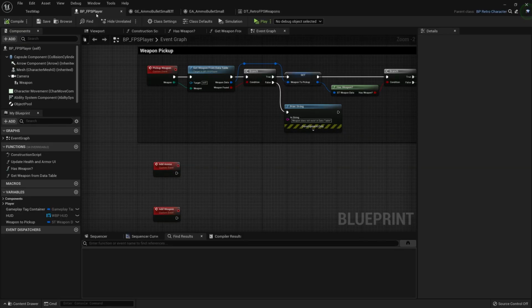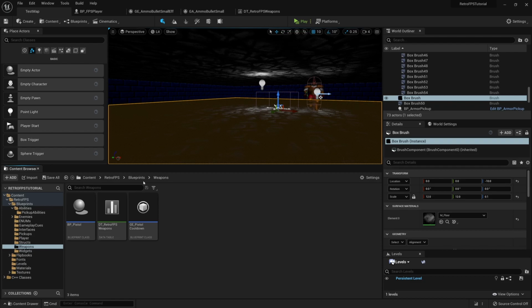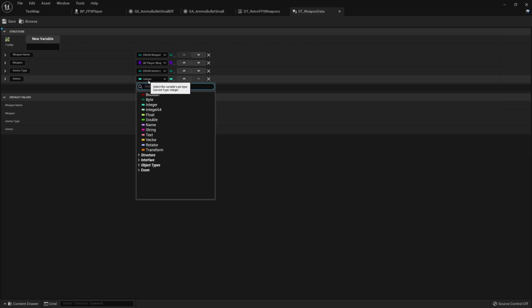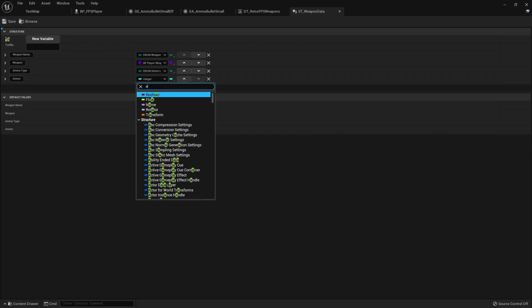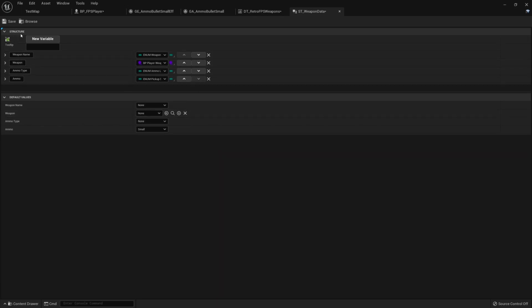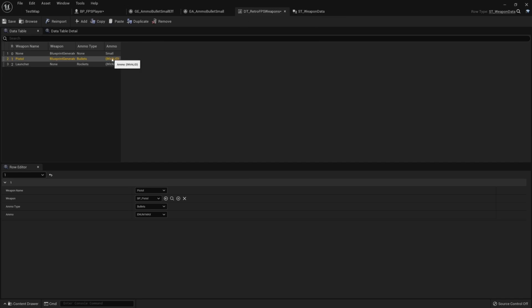So we can actually just go over to the struct, and for the ammo, instead of an integer, I'm just going to search for pickup size. And if we save that, we can head back over to the data table, and you'll see that it says enum max, and invalid. So we'll just say that these are small. And then we can save that.